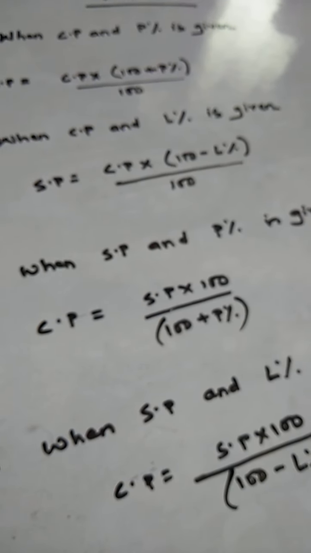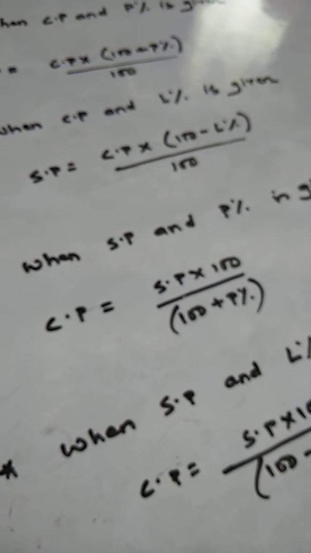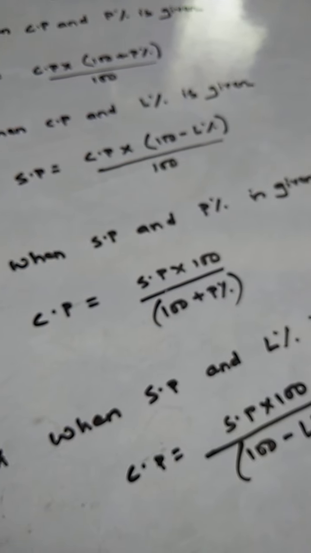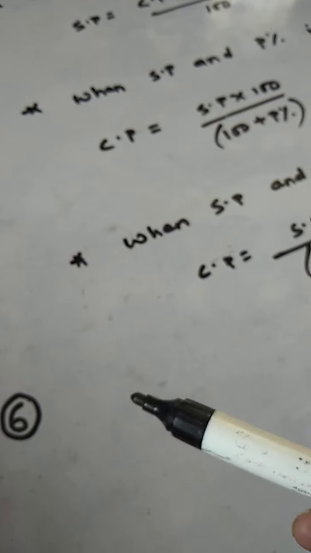Now we'll learn how to apply these formulas. Let's start question number 6. I will do question number 6 here only, so that I can show which formula, or else you can decide which formula will be taken and we'll work on it. Let me read out question number 6. Juhi sells a washing machine for rupees 13,500. Now is this 13,500 SP or CP? When she is selling, obviously this is the selling price.